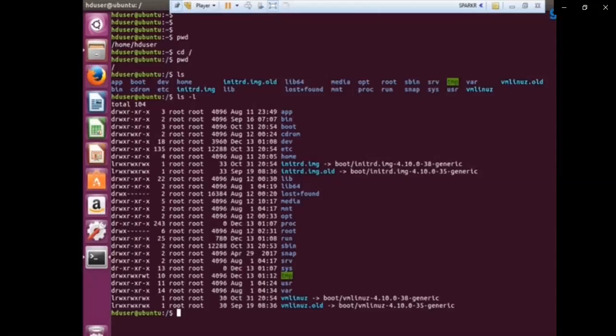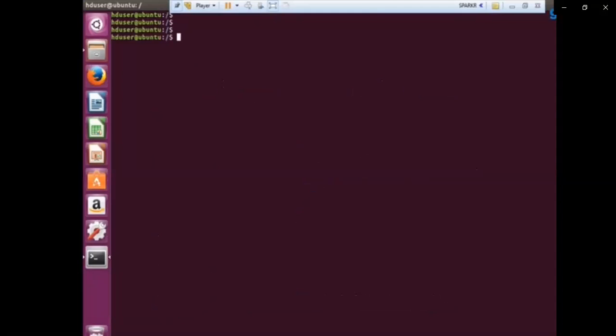Else if it starts with a hyphen, then it's simply a file. Let me clear the screen with the command clear. Now to navigate to the home directory, I need to type the command cd. It will take us to the home directory.